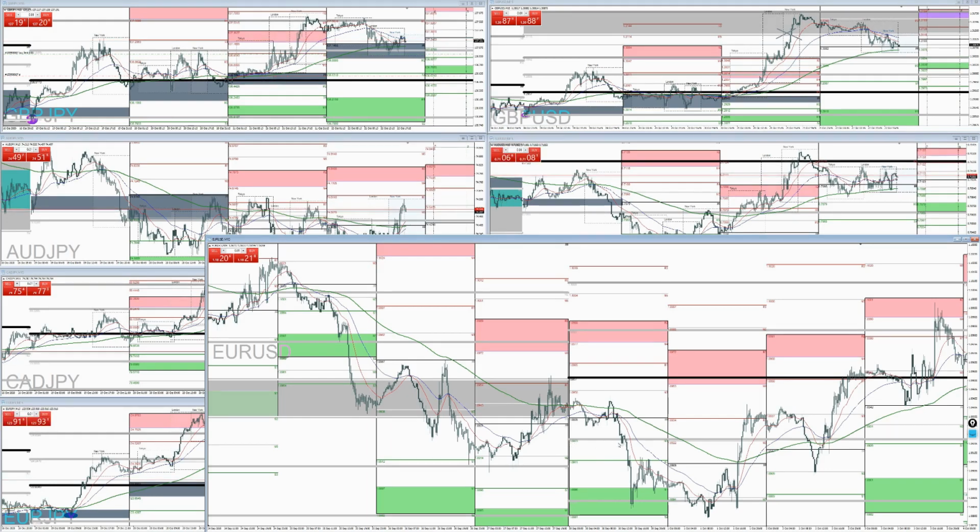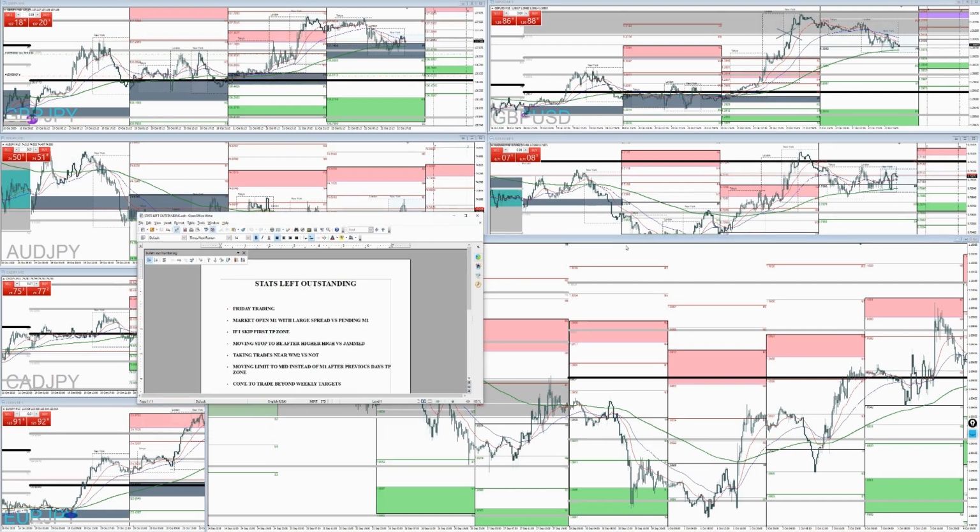Okay, so first off, getting started here. Let's go over the trading system, and then we will go through this. Now, what I'm also going to do is use this recording, watch the recording, and then jot down the stats as they come available. So let's go ahead and move this across here.